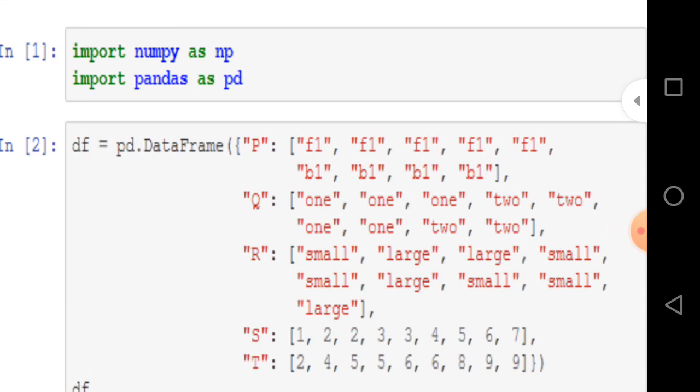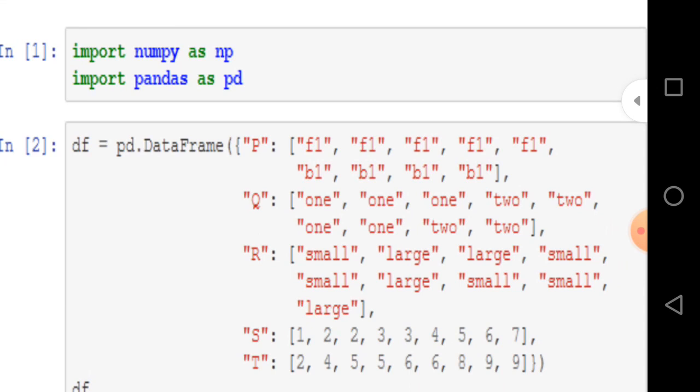So whenever we want to use numpy or pandas as a library, just write np in place of it, because np is an alternative name given to numpy and pd is the alternative name given to pandas. Now import and as are both keywords.